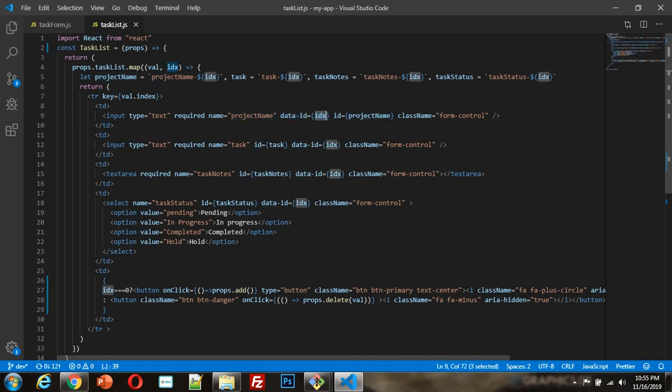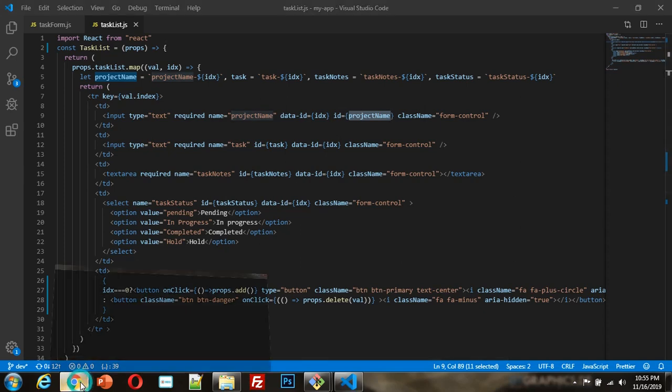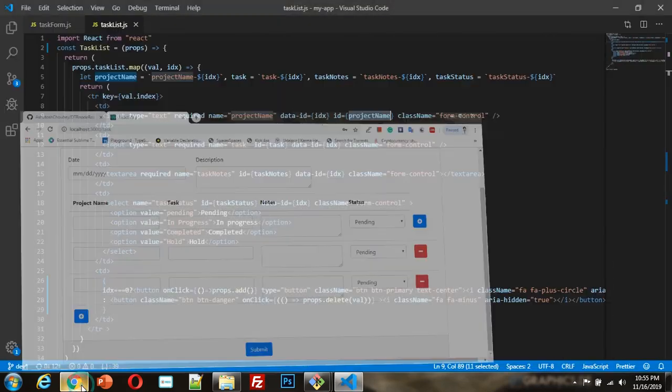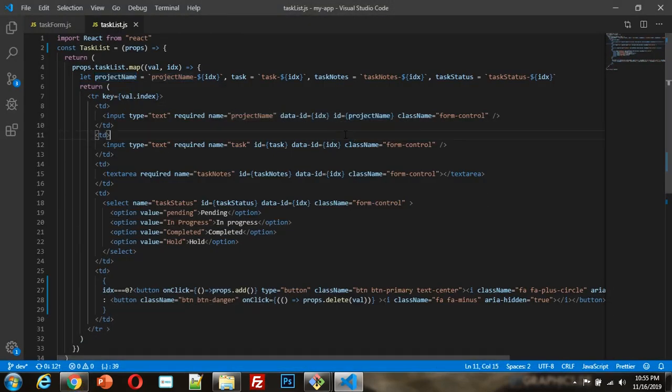IDX means whatever index we are getting; I just define the index, and the ID is the project name. Suppose I am generating a copy of this array, but the id should be unique. So what I did is make the id unique: we provide a unique id, and we just concat some string with the id, and that will generate a unique id, which I am defining here, you can see.